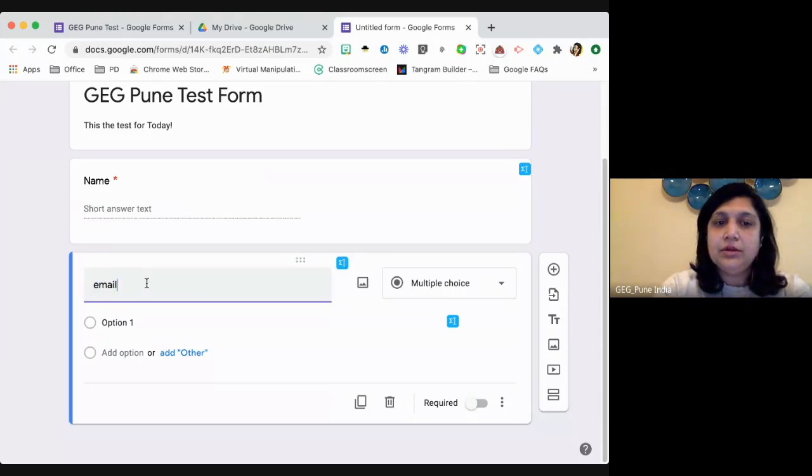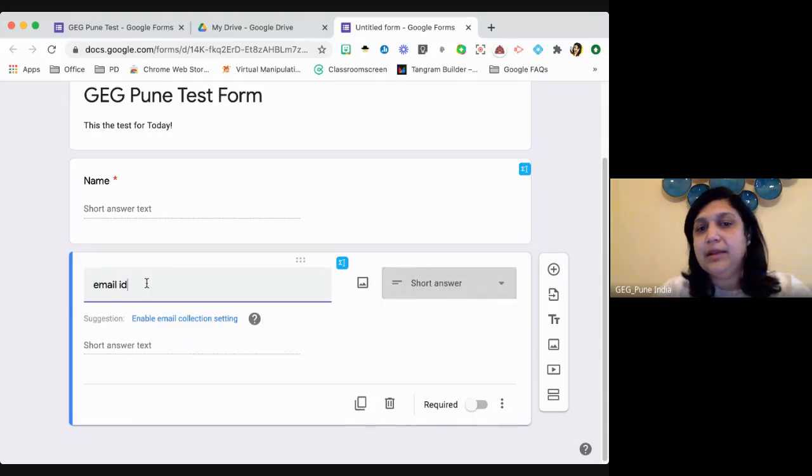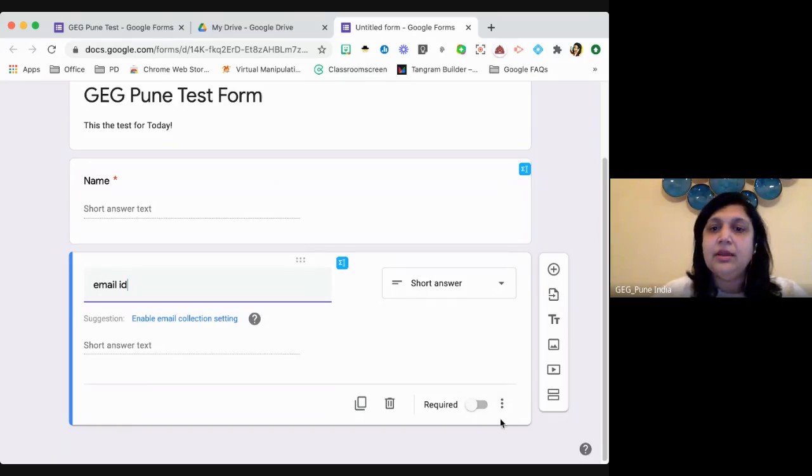I also want कि the child should be able to enter the email address. अब email ID क्यों we have put here is because I want to show you response validation feature. Very, very important feature in forms. So like we all know कि email ID is something जो एक specific format में ही होना चाहिए. Otherwise, there is no point. कई बार होता है कि we put the email ID लेकिन वो गलत आता है. We cannot send emails. Contact नहीं कर सकते हैं. So let's see how to put the response validation feature.